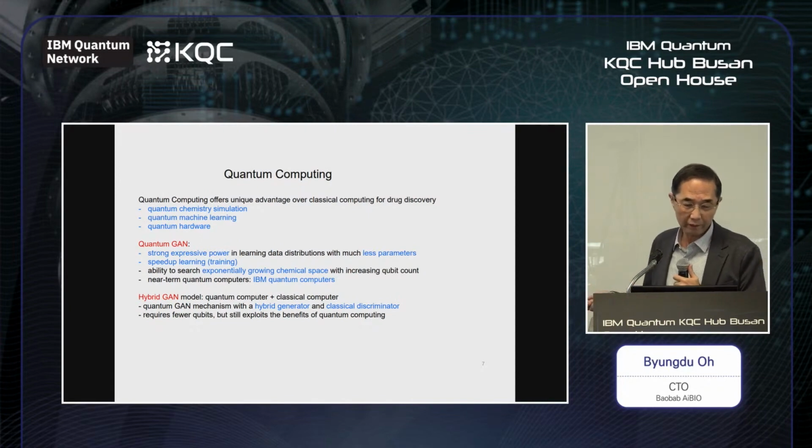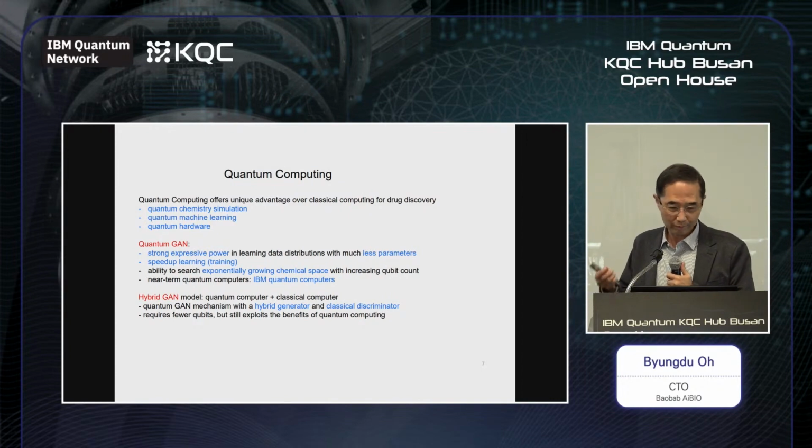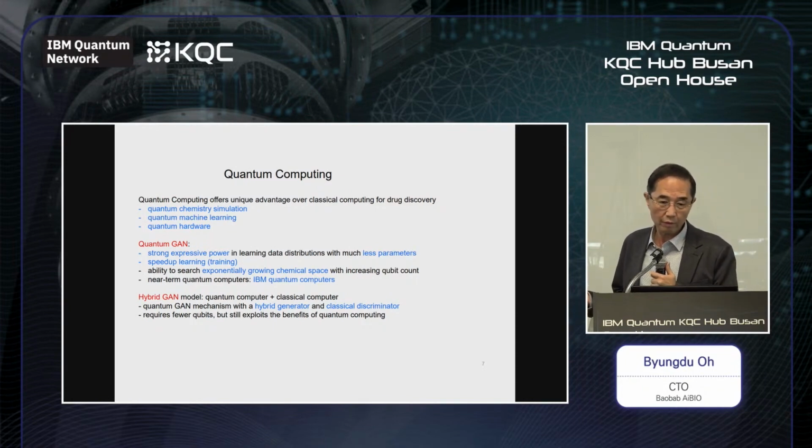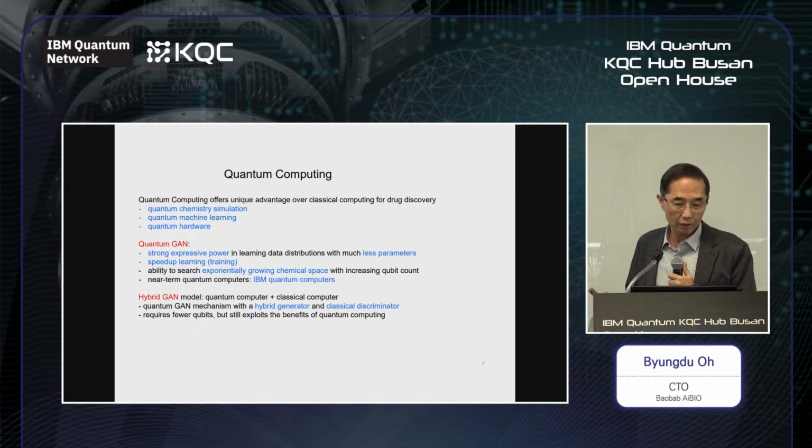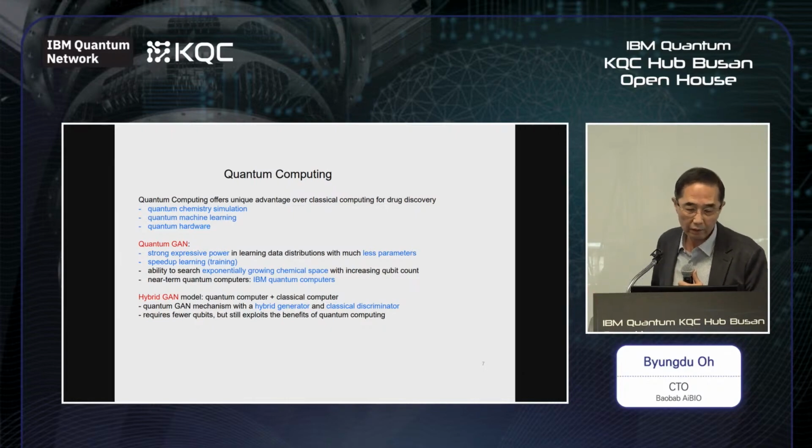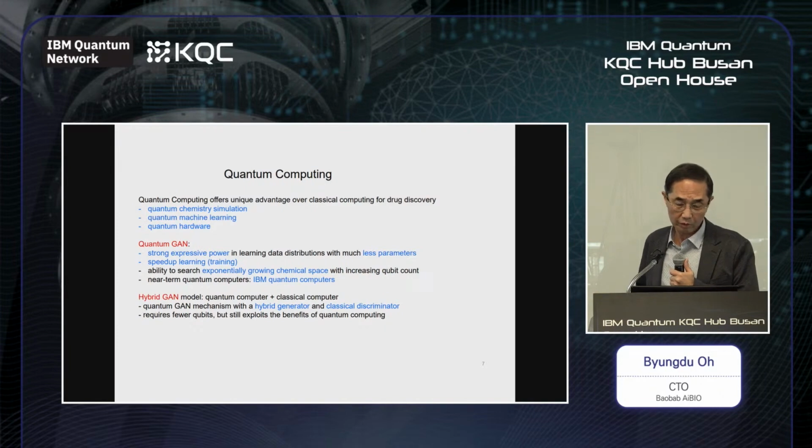And quantum GAN, which you have already heard about, again from Professor Park, has a very strong expressive power in learning data distributions with many fewer parameters. So it can speed up learning and training, and it has the ability to search the exponentially growing chemical space with increasing qubit count. And near-term quantum computers, which are still error-prone, like IBM quantum computers, are very useful for quantum GAN. And the hybrid GAN model is used